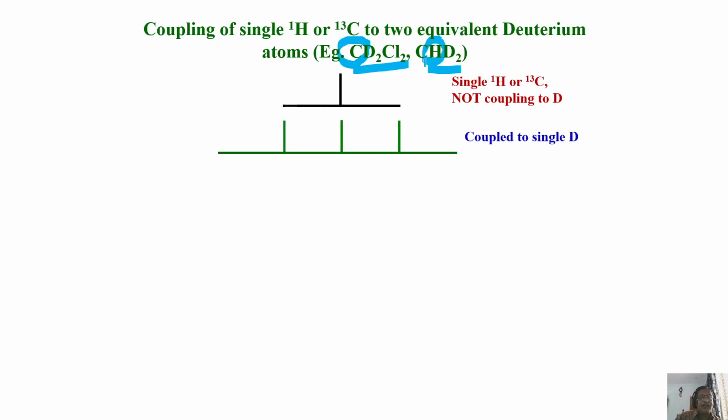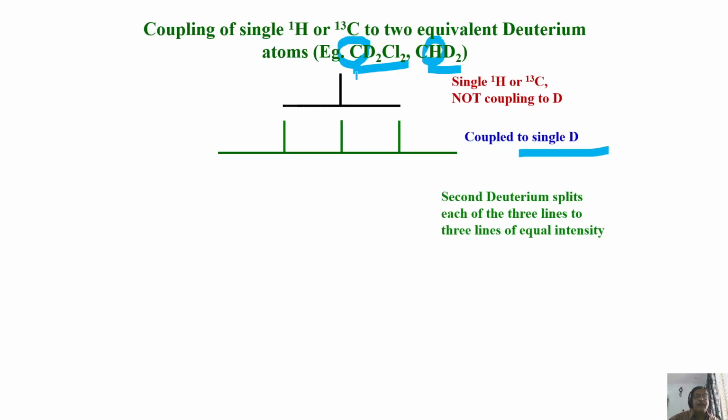When it is coupled to one deuterium, I just now said, you get 3 peaks of equal intensity. We got it. Now bring in another deuterium. First it was coupled to a single deuterium, now there are 2 deuteriums. I have to take into account the intensity pattern when it is coupled to both. Remember, we worked out the multiplicity pattern for CH2 and CH3 groups with equivalent spins. Exactly, for spin-1 nuclei we can work it out. We can get the diagram and the splitting pattern from the family tree approach. I can generate the intensity pattern when 2 deuteriums and 3 deuteriums are coupled to a spin-half nucleus.